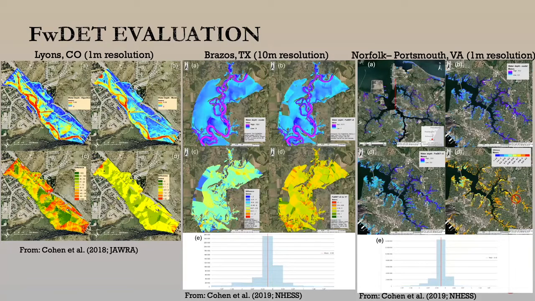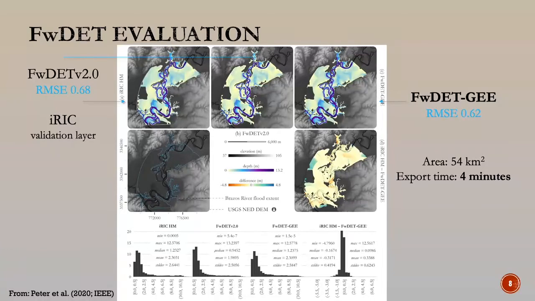In all cases, we evaluate the tool against hydraulic model. Because we don't have continuous flood water depth maps that we can evaluate against, we need to generate them with a fluid dynamic and hydraulic model. And that allows us to have pseudo ground truth or a more robust estimation of water depth that we can evaluate against. The Google Earth Engine implementation of FwDET was also evaluated in this latest paper,